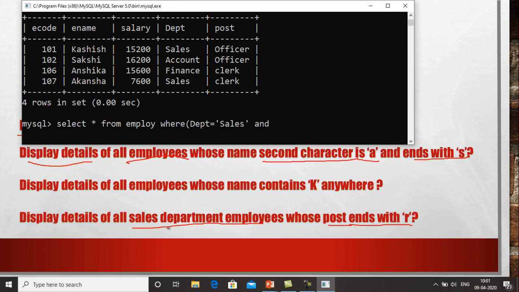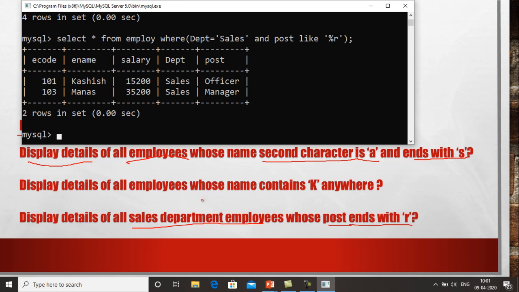One more condition is required, that their post ends with R, so post like. We don't know how many characters are before it, so we simply put percentage R, because it ends with R. After writing the condition we close the bracket and press enter.